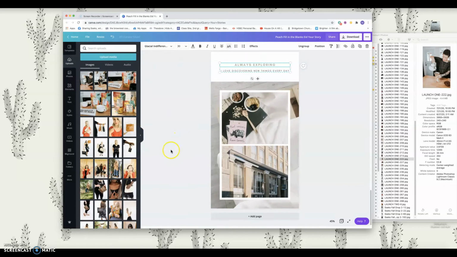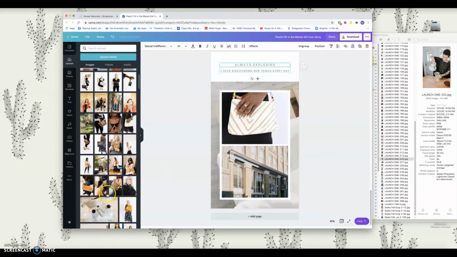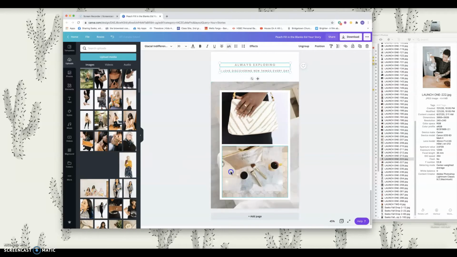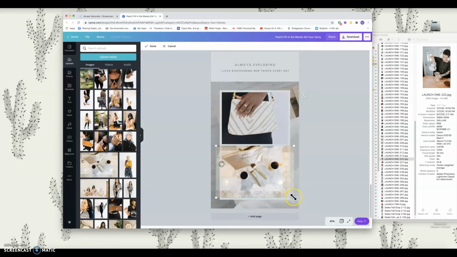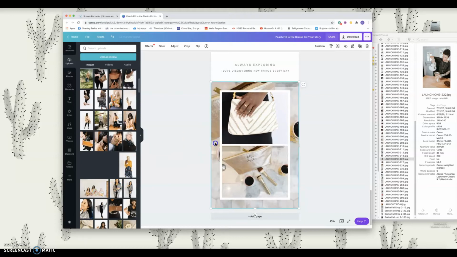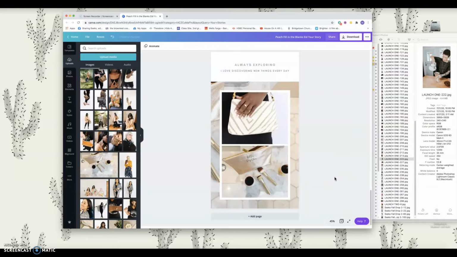I think on this it would be fun to highlight the new bag, and then maybe, yeah, one of our custom pieces, the Better Together makeup bag, and then this background. I think you could even do the same photo. I kind of like how that looks, but I might just crop it a different way, and then just say